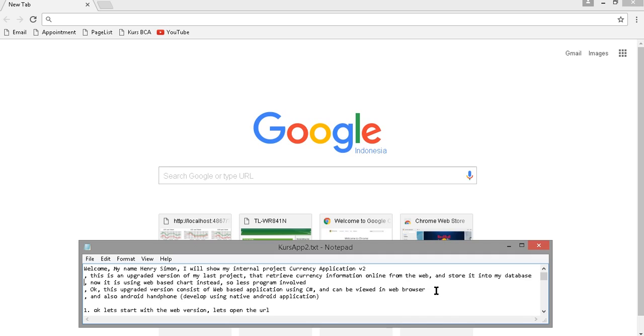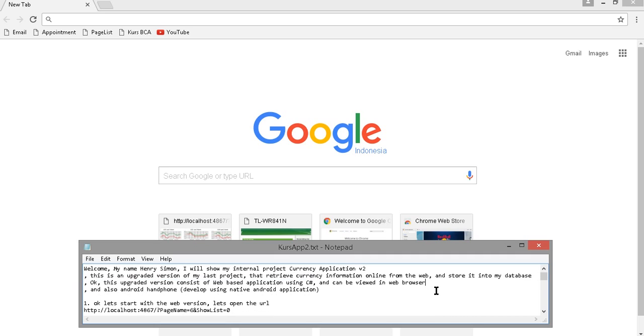The technology that I use is web-based development. I'm using C# for the development, which can be viewed in the web browser and also in the Android handphone.